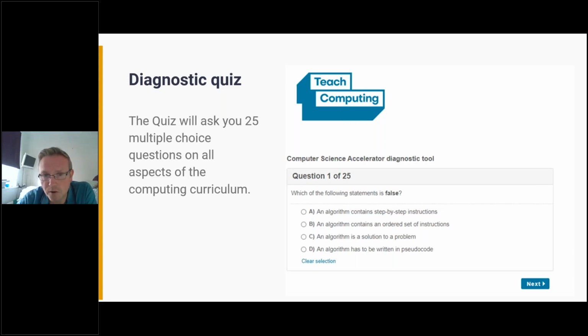So the end assessment is a multiple choice test, in a very similar format, based on the entire content of the GCSE. It's not just based on the courses that you have taken, your route through the CPD. It's important you're aware of that. This is an entire GCSE subject knowledge course, and therefore the test at the end, the quiz at the end, does assess your ability to teach all areas of it.